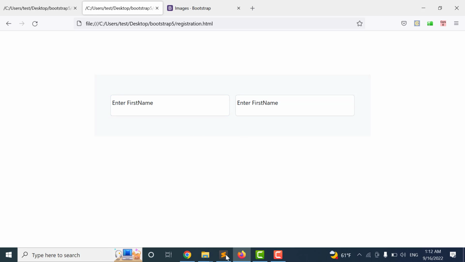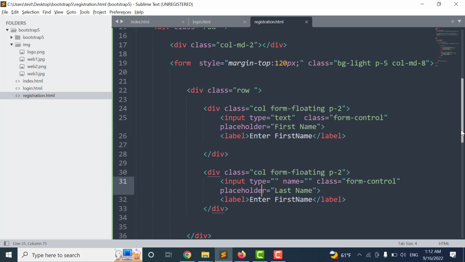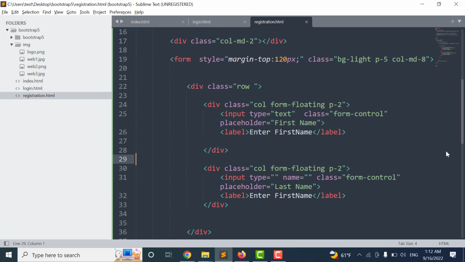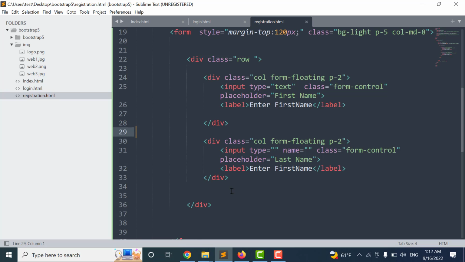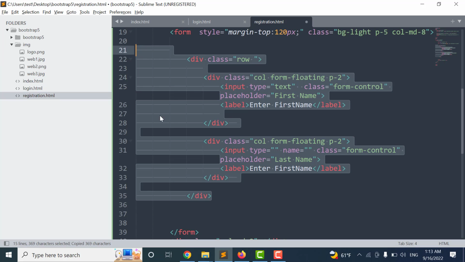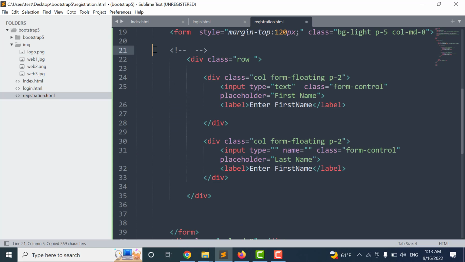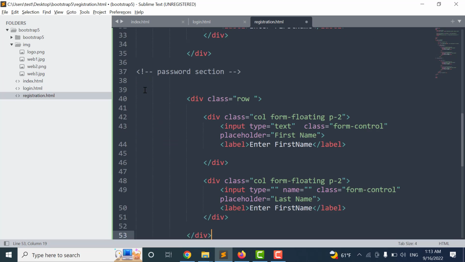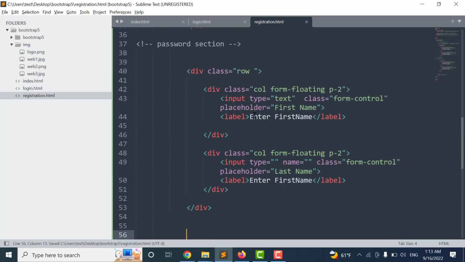I want to repeat it for the password. It means first name and last name is solved. I want to repeat it for the password as well. I will comment it, name section, and then here I'll add another comment, password section. Okay, so I'll paste it here, and then I will change in this section, for example,